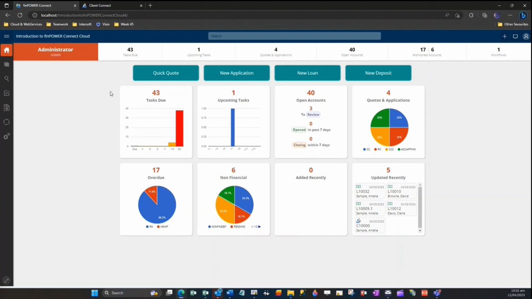The first tab, being the main tab, shows the boxes with snapshot information of tasks due, upcoming tasks, open accounts, quotes and applications, monitored accounts under categories A, B or C, and recently added records and recently updated records. There are also 4 buttons available for quick quote, new application, new loan and new deposit. The user dashboard widget settings have options of what to include in terms of information displayed and which buttons appear. For example, if the lender is not licensed for applications, you wouldn't see this button or configure it as part